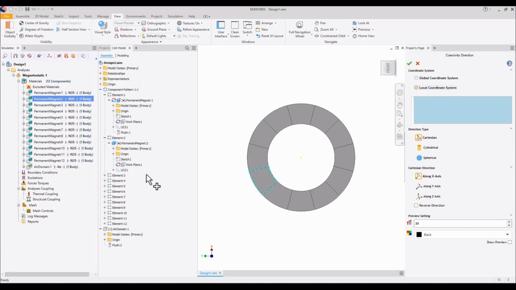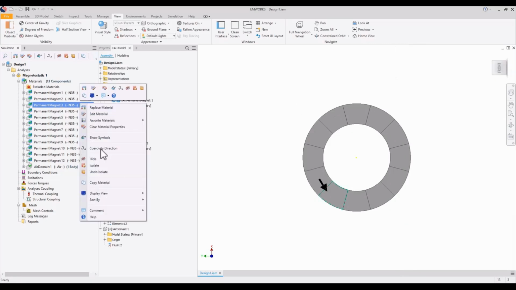Find the coordinate system, select that, and you will see that coordinate in the blank window. Now we can select in the Cartesian coordinates along x-axis. By clicking on Show Preview, you can see the magnetization direction to be sure about the correctness of the setting